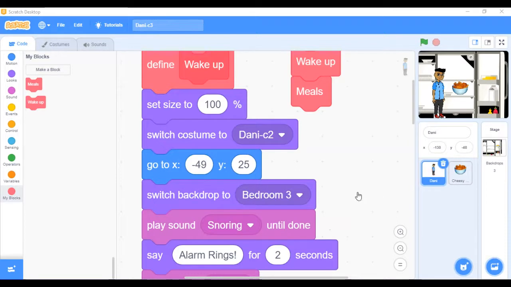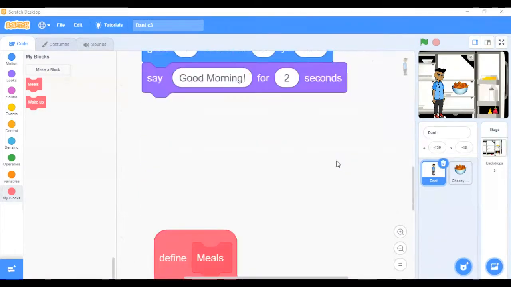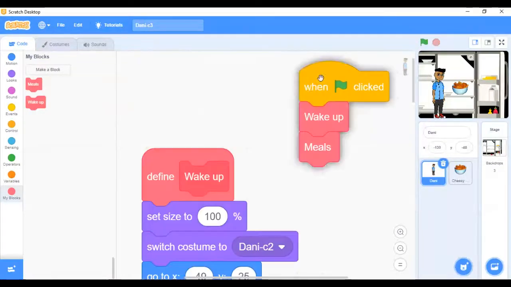Okay, that's a very interesting question. So you're asking why we did not take Danny to the field. We just didn't finish. We can do that. So we just go back to Scratch. And then once we use this when the flag is clicked,